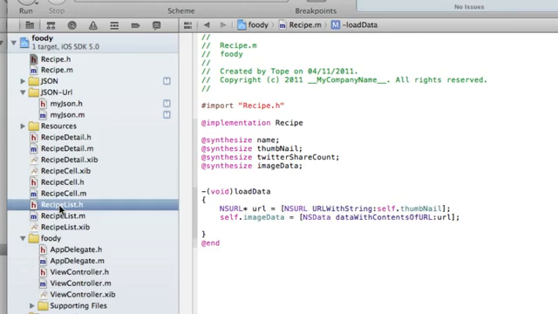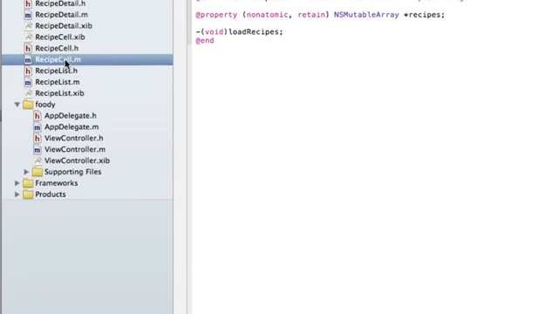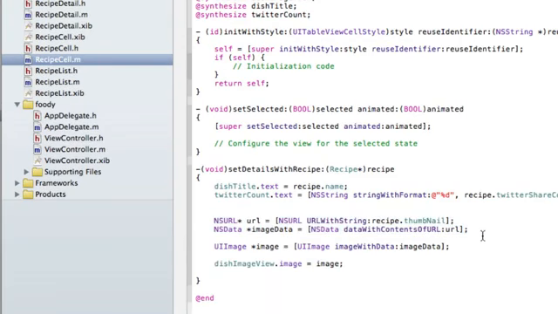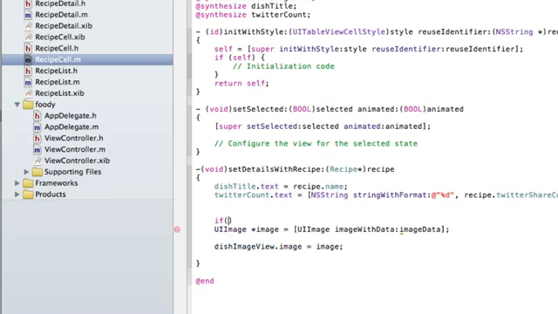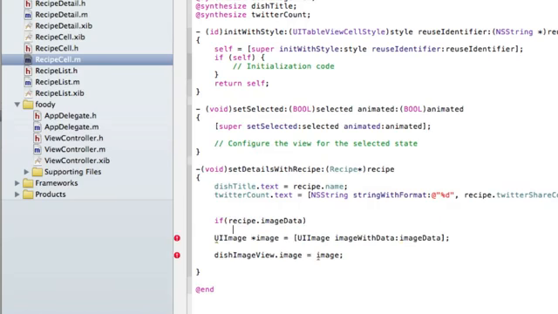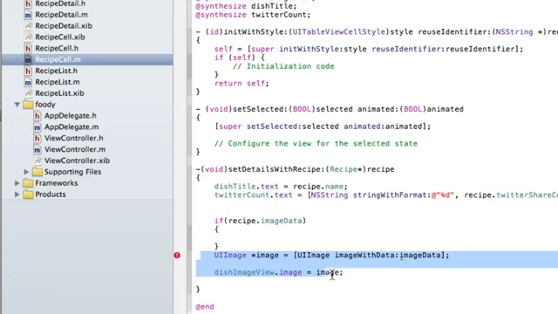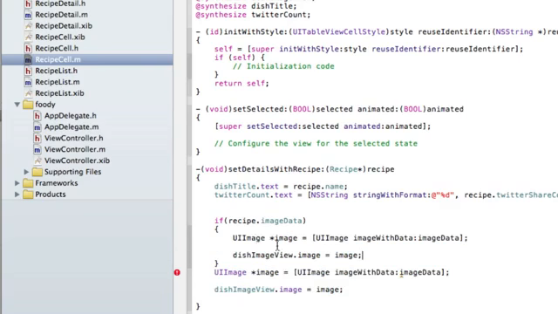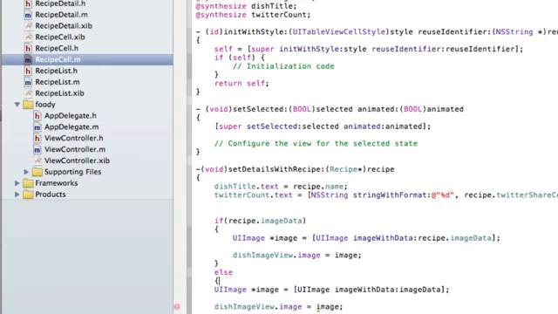since we're loading that there, we just need to do a quick check. We'll make sure that the data is loaded before we try to request the data. So if we remove that and do something like this, if that, then we'll copy this and put it in here. So this is going to be image with data recipe.image data, and then our dish image view is going to be there. But if it's not there, we'll call recipe.loadData,